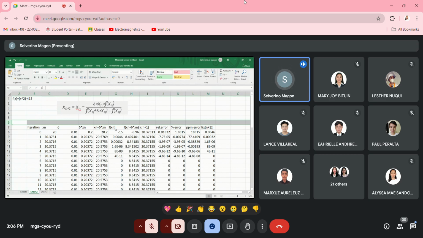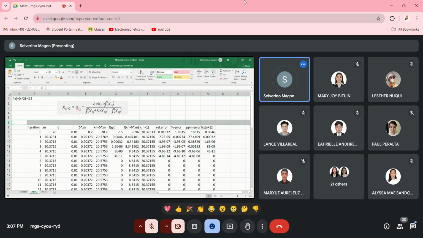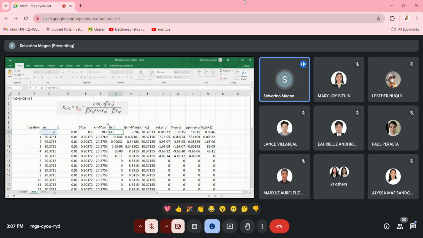This equation that we have now does not require us to... we only have the function here, f of x. So no more derivation, unlike Newton's method or the modified secant method. We only need the original function here. So the original function in this case remains here, in solving for f of x sub n, which is inputted at this side and this side,